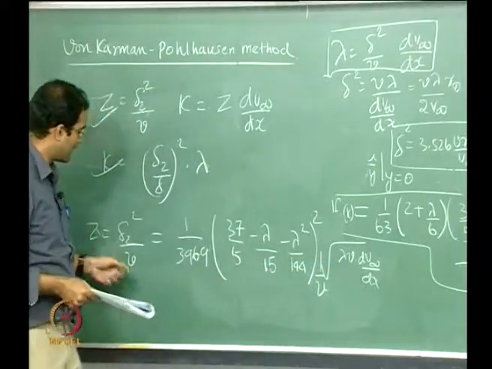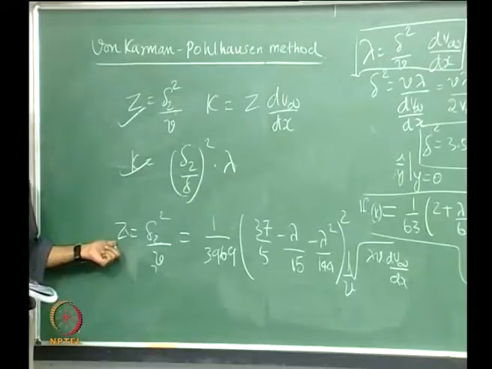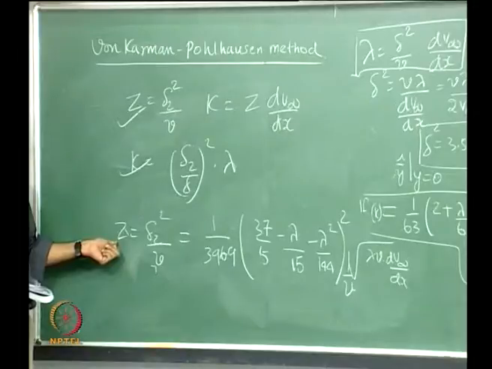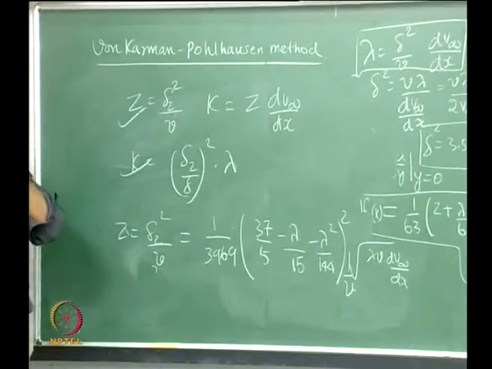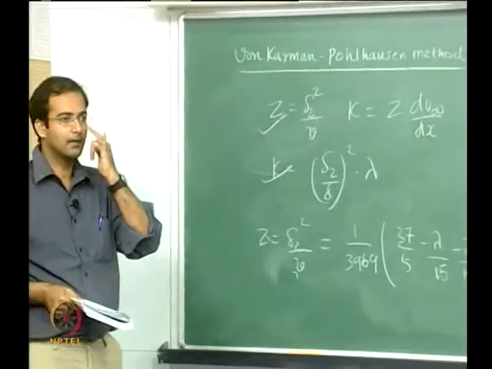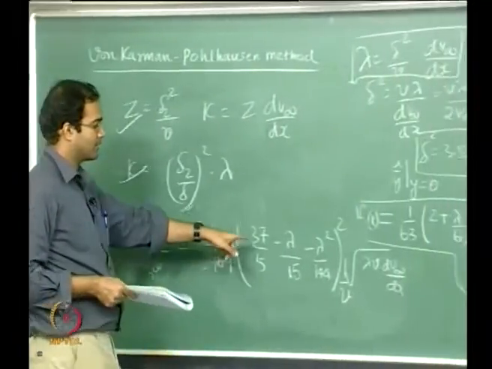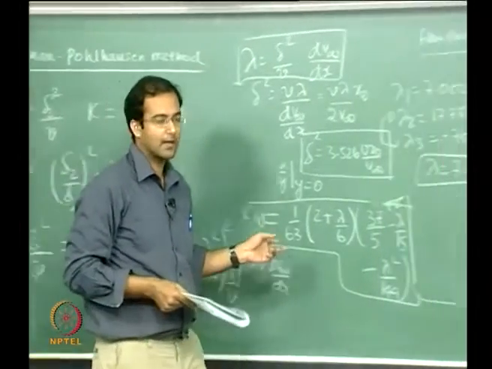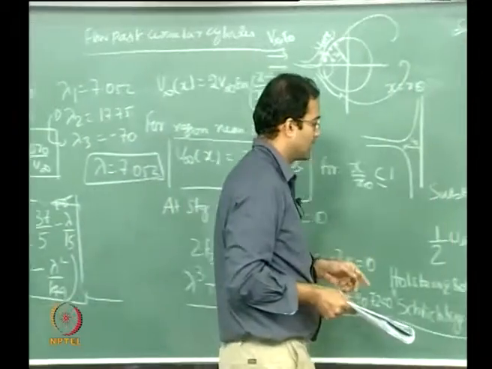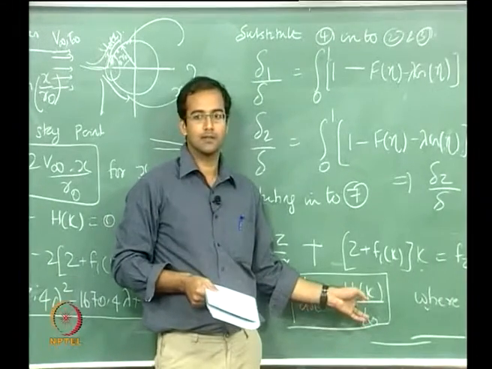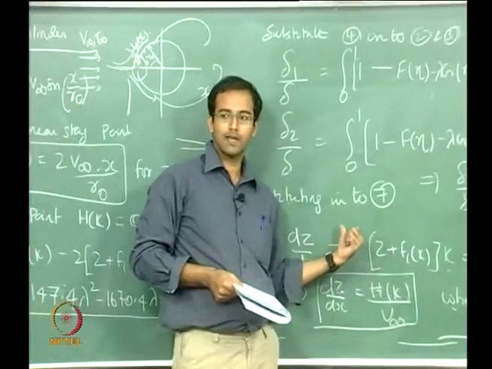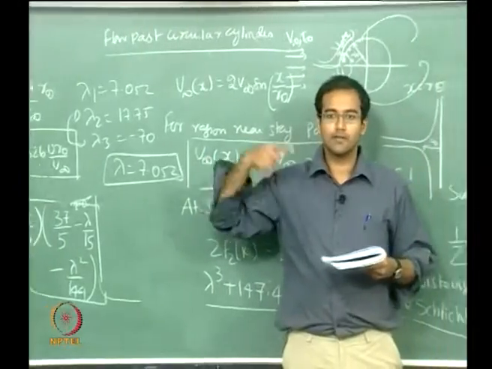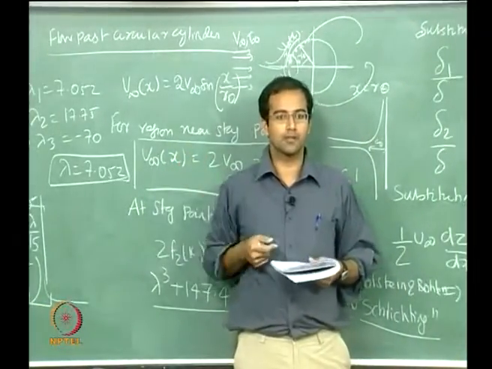For a given value of z, this equation is an algebraic equation. It is not so straightforward to solve by hand, so you have to solve it iteratively, using a numerical method like Newton's method or the bisection method, for the latest value of lambda at that value of z. From this value of lambda, using the lookup table you already prepared, you can calculate the latest value of h, then go to the next point, get the value of z, and keep doing it, till you reach a point where lambda reaches minus 12.